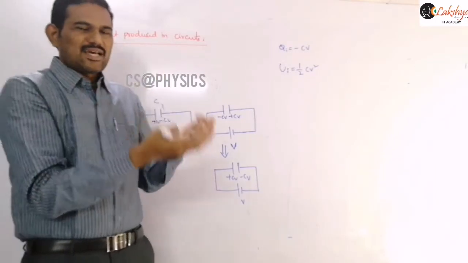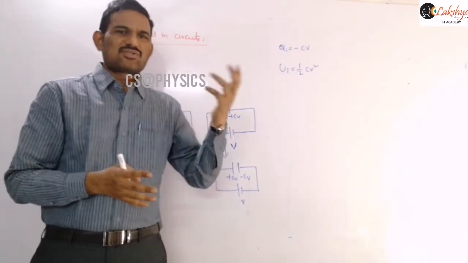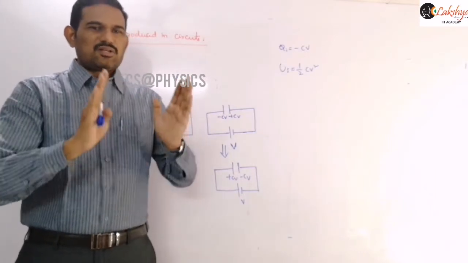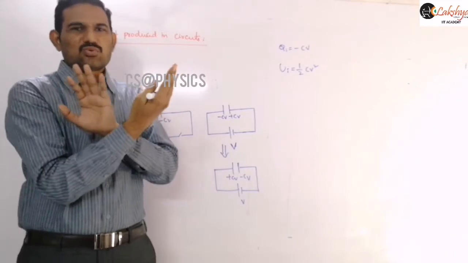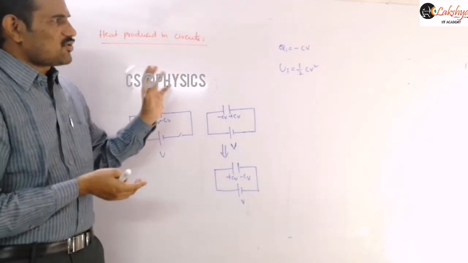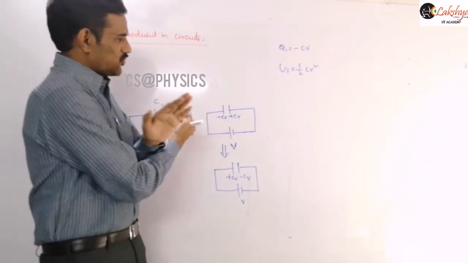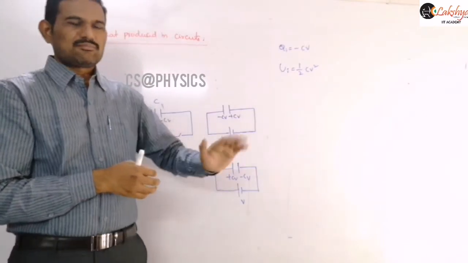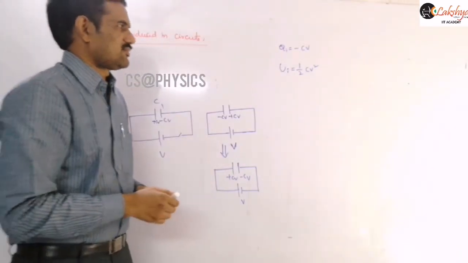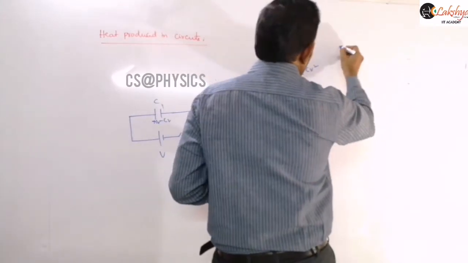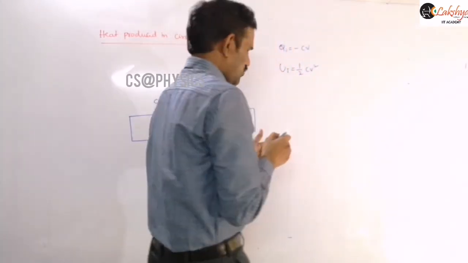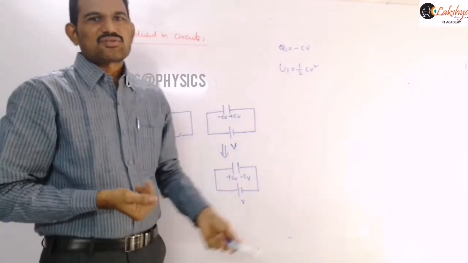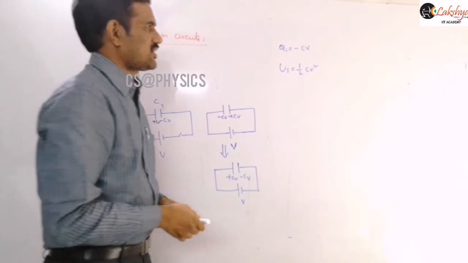So if any charging or discharging is taking place, then the charge and the energy stored in that capacitor may change. But if you are just rotating the capacitor, the energy stored in the capacitor won't change. So the initial energy here is half CV square. Even if you rotate it, the initial energy will be half CV square only. You can simply verify this by using our Q square by 2C formula. You may consider this Q value as this one, apply the Q square by 2C formula, and you will get that expression.